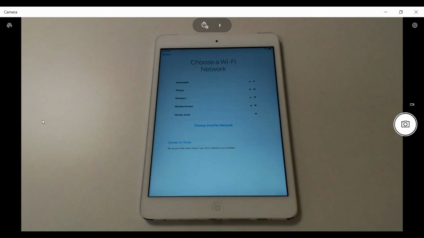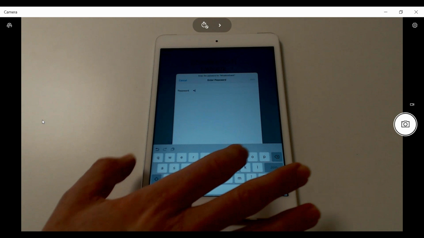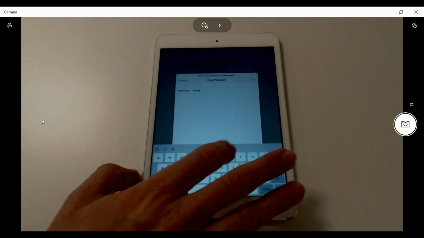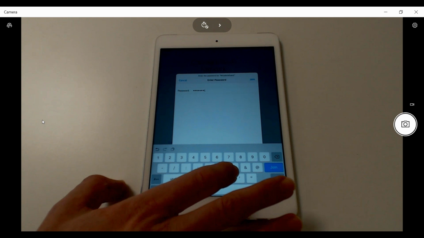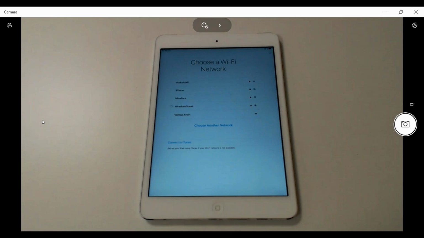Then for the enrollment, it always needs a network. So let's use, for example, our guest network here. You'll see the password at the same time, so you're welcome. You're welcome here to visit us at the office as well. So now it says it may take a few minutes to activate your iPad. It has the network connection now, and it's contacting the Apple DEP service just to see if it has been assigned to any MDM service.